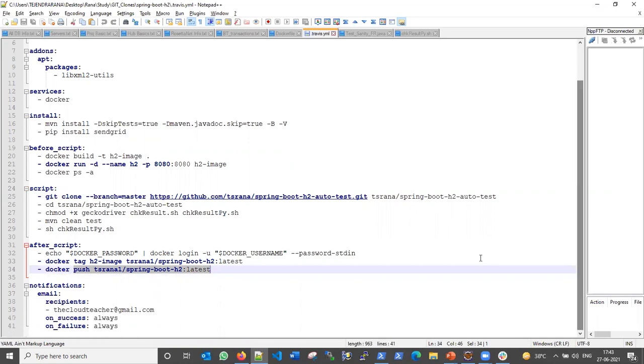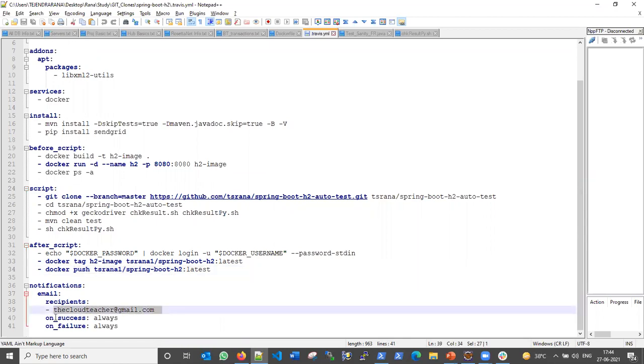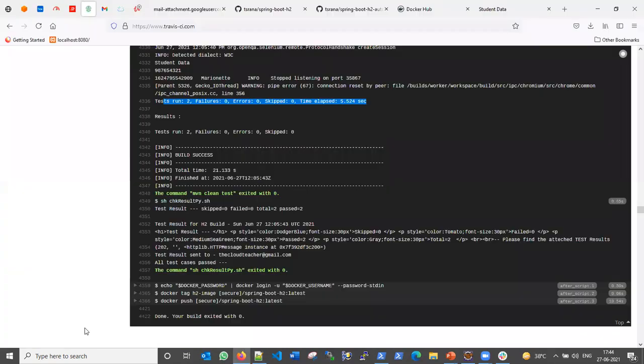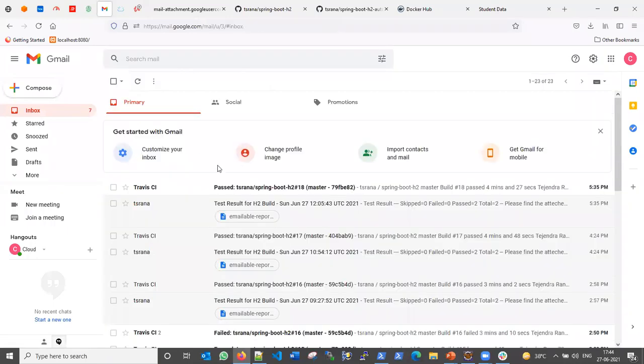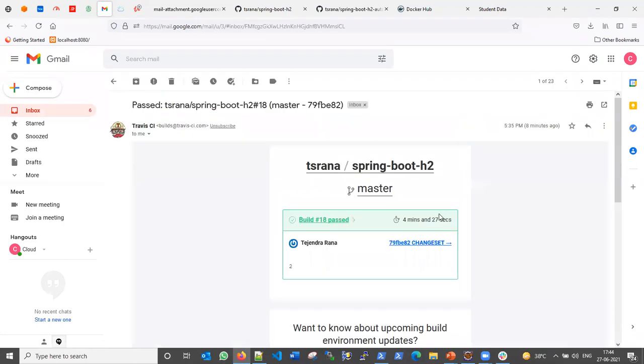And if everything is fine, it will send an email to this email ID, in case of success as well as in case of failure. Because it was a success, we received this mail from Travis CI that our build has passed. We can check it later.